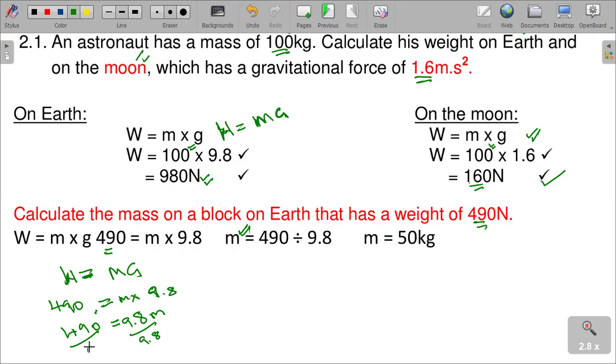When you divide both sides by 9.8, you see that 490 over 9.8 is equal to 50 kgs,